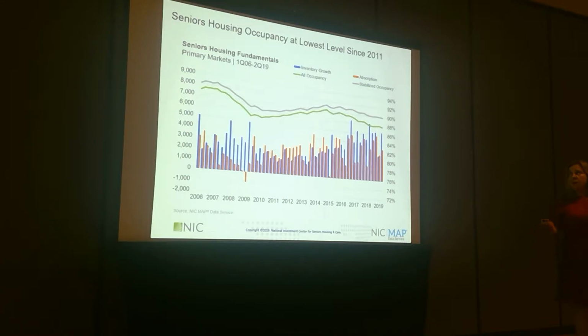So currently, we've got a situation where the all occupancy rate for seniors housing is 87.8% in the second quarter, which is the lowest rate that it's reached since 2011. Pretty low. So during the second quarter, which is the far left-hand side of the chart, the right-hand side for you guys,